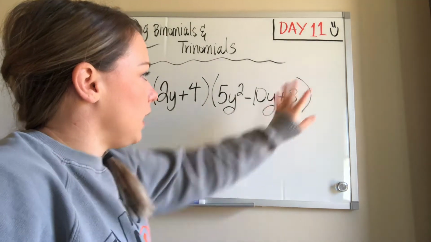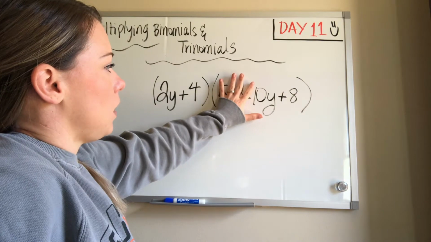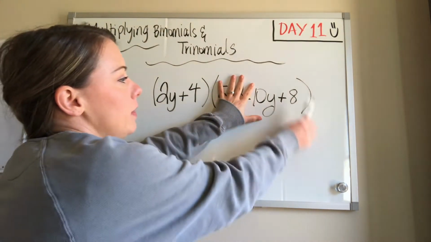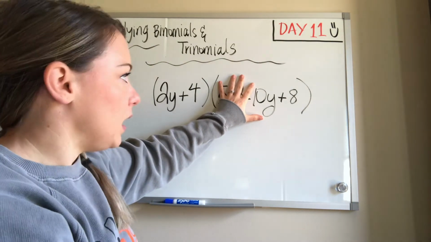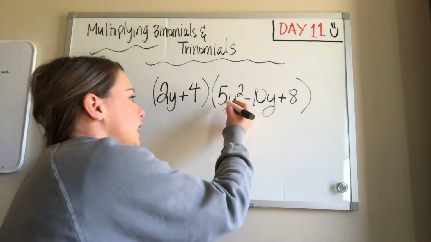What you did Friday was, let's say, we'll even just take that one off. If I had you multiply the first binomial by this binomial, that's exactly what you all were doing on Friday. All right, but now what we're going to do is add that third term, making it a trinomial,